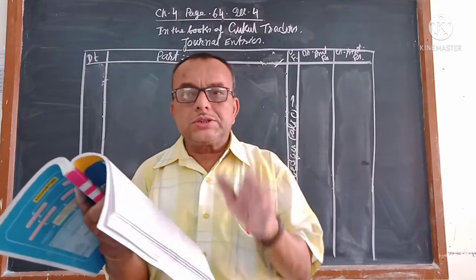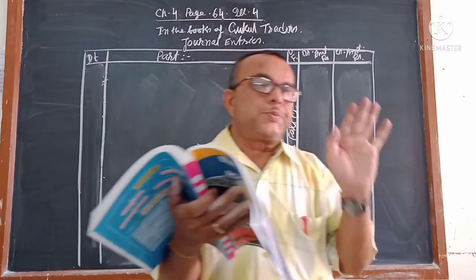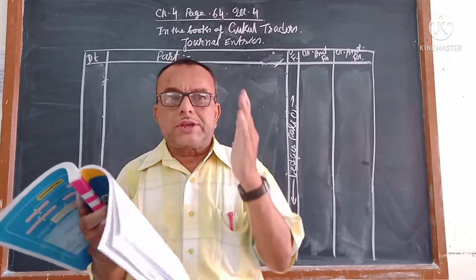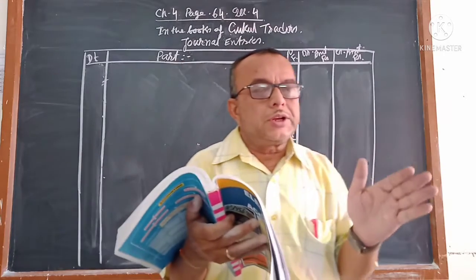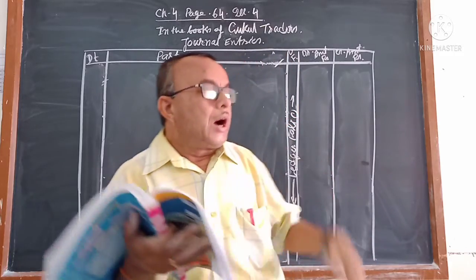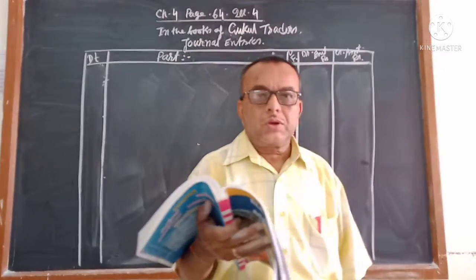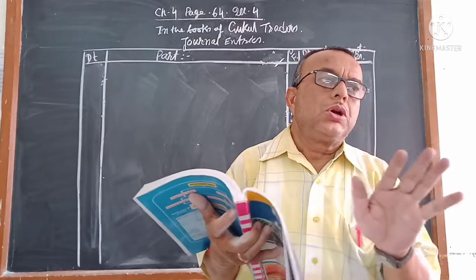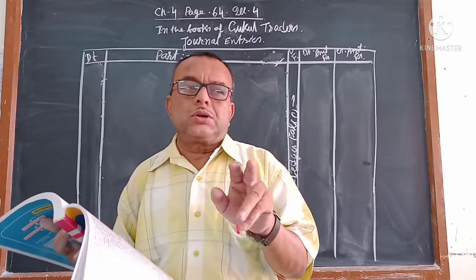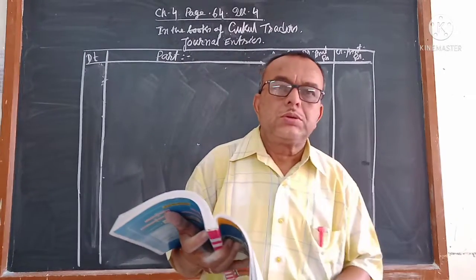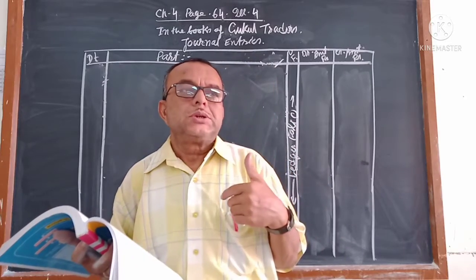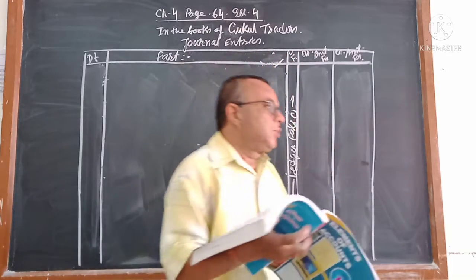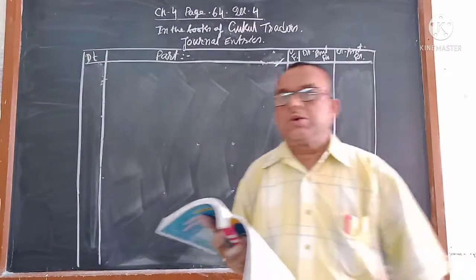Once again I want to tell you, illustration 3, illustration 4 and illustration 1 I explained from your textbook. Why? Because this is the beginning, primary stage. So I have explained in detail, both the answer given in your book as well as in my own language, in a way that, if you go through this video once, it will not be enough for you. At least twice or more you watch this video and also go through the answer from your textbook. Even so, at any place if you do not understand, you can tell me, I will clear your doubt.